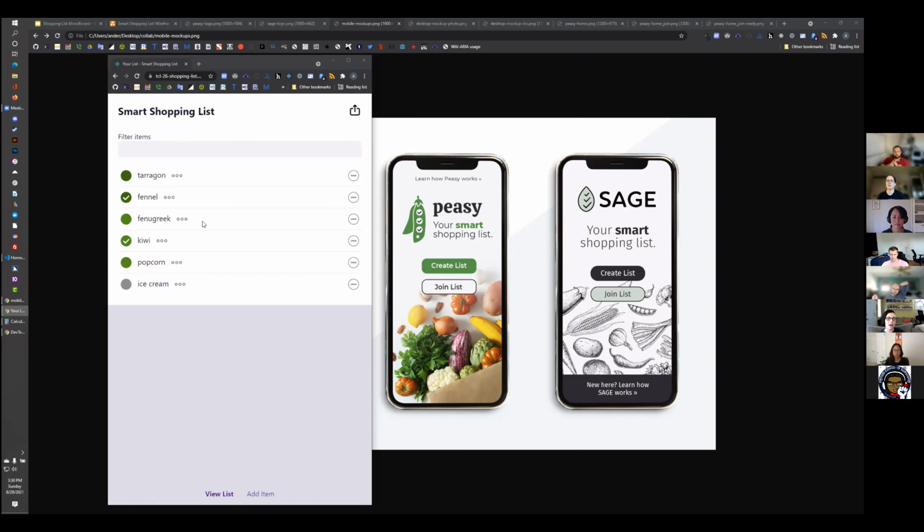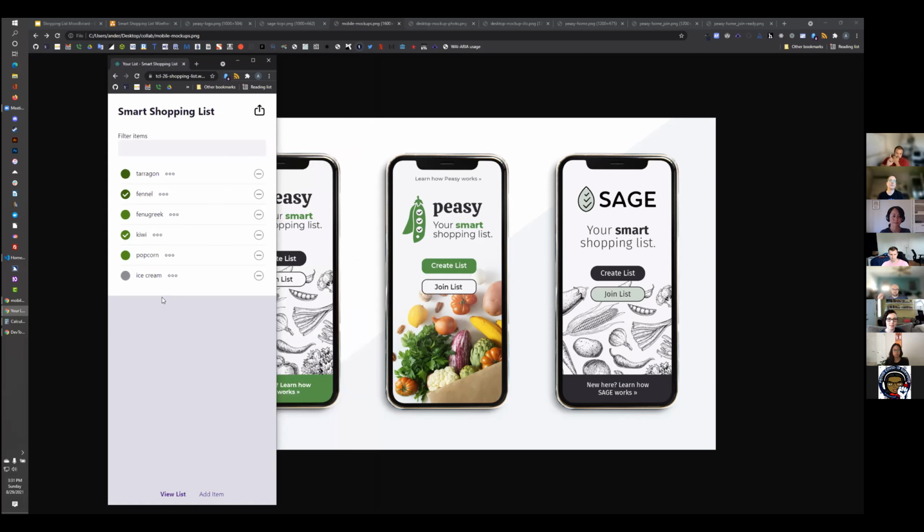But having the details, we did kind of try. I'm going to show if I can find the other branch that I have here. The details that we have, and we're going to have a little arrow drop down, so we thought that would be clearer. There's a choice between: do we want to show all the details for the next purchase date, last purchase date here, or do we want to have it so that you can show and hide it? And the reason we went with this, which does have less text, is because we were thinking